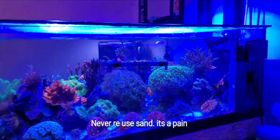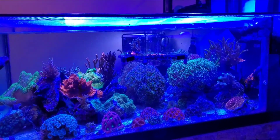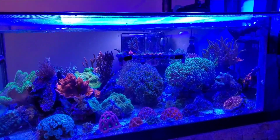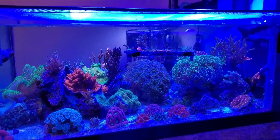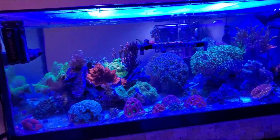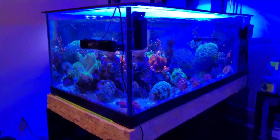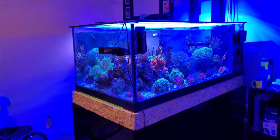I know what I'm gonna do. It's never a really good thing to reuse sand. I mean, you can with washing, but man, it's such a pain in the butt. Just, you know, buy the sand, put the new sand in, start off clean. But this tank's been really good for me, so there's that. Now, with that being said, I'll pop off all the panels, put them outside for Joey